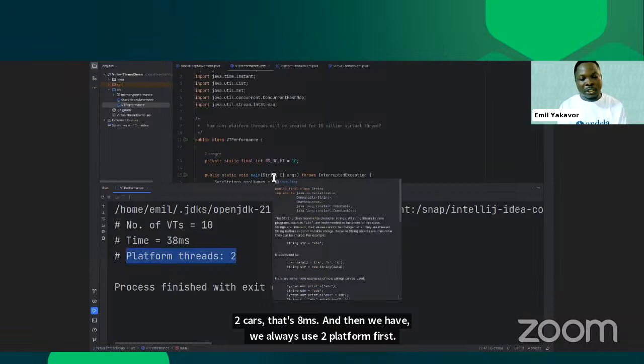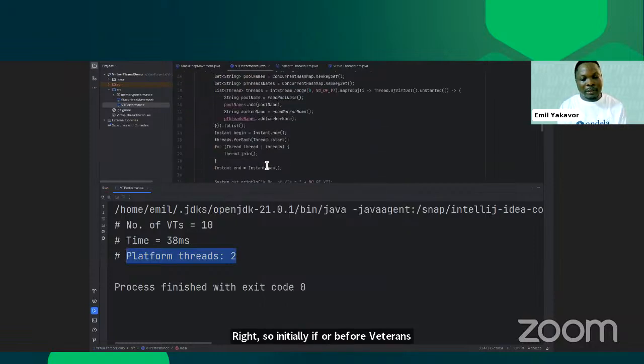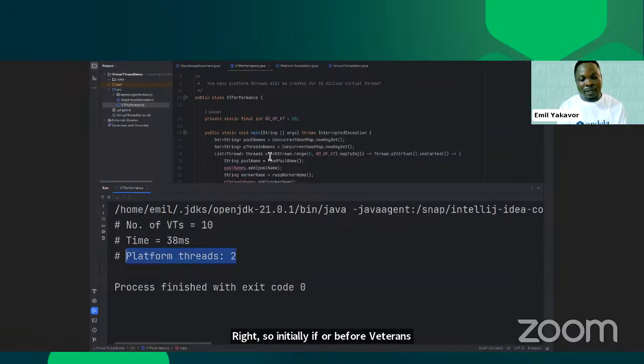So before virtual threads came in, if you created 10 threads in Java, you'd have 10 platform threads being mapped that way. Okay, so let's see. Initially, I have 10. Let me increase it to 1,000. If I run this,